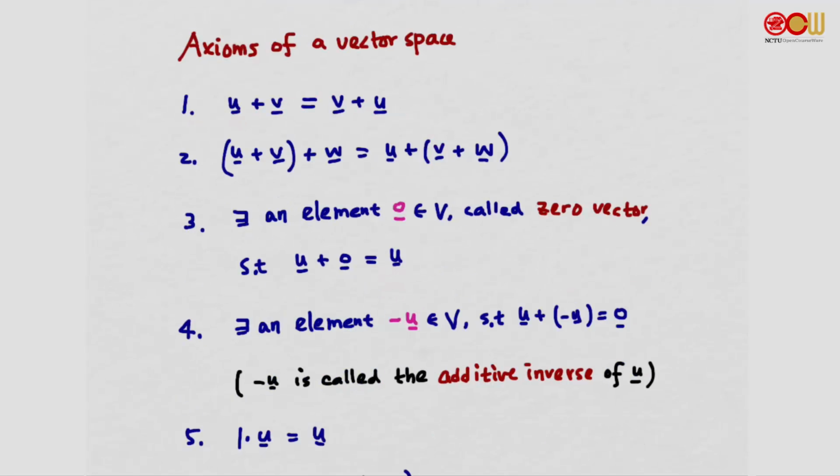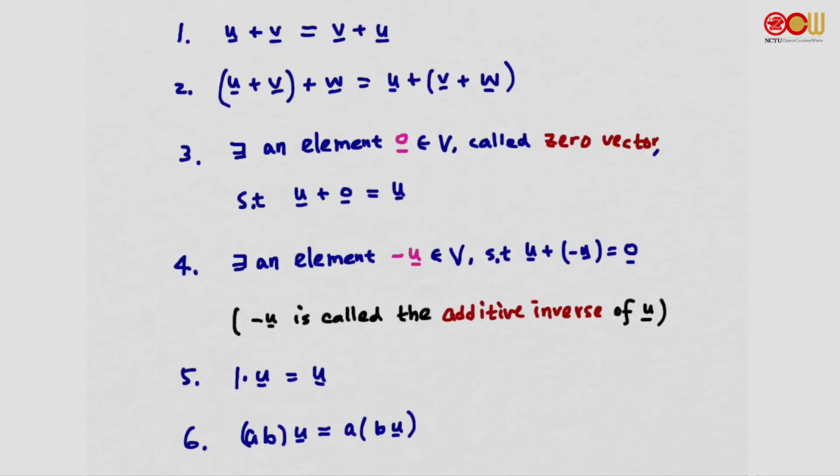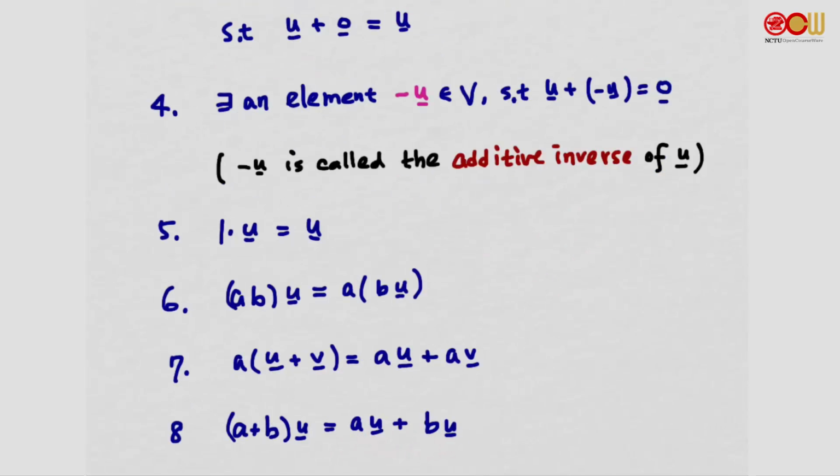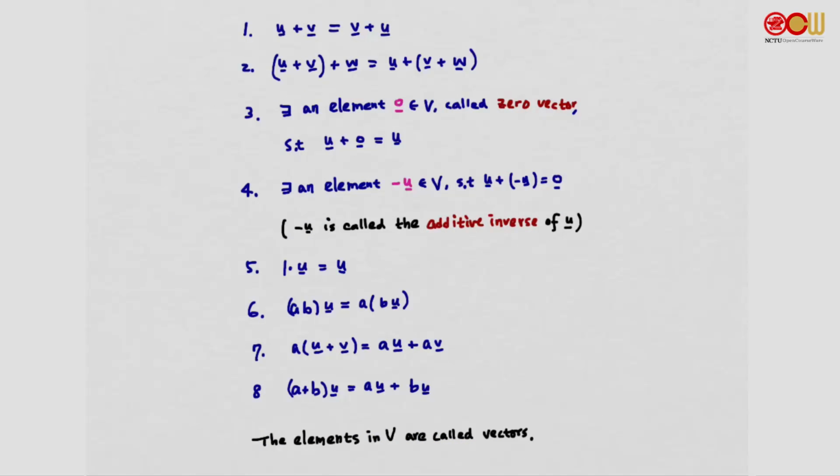The scalar multiple of u by 1 is u. Scale u by the product ab is the same as this vector: first we scale u by b, and then scale this vector by a. If we sum up u and v and scale by a, it's the same as the sum of the scalar multiples of u and v. If we sum up a and b and then scale u by this scalar, it's the same as the sum of au plus bu. The elements in V, we call them vectors,